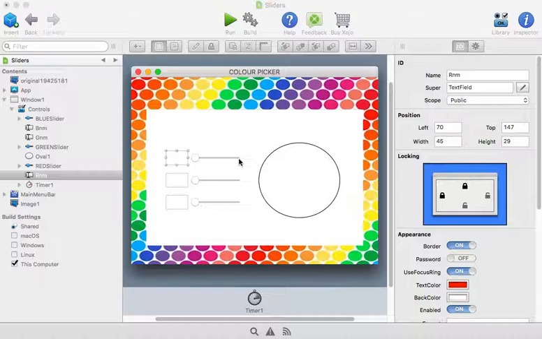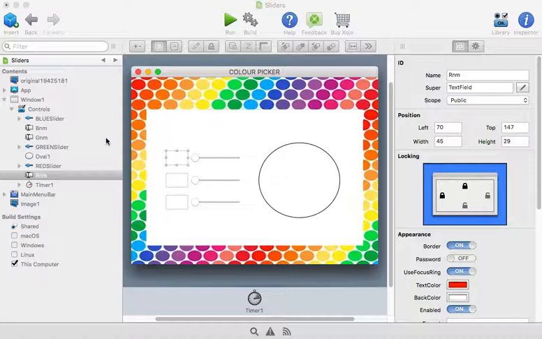In this example, we're going to create what I've called a color picker. And we are going to adjust 3 sliders. Those sliders are going to return a value between 0 and 255. And those are going to be the red, green, blue values for the color that fills this circle. So we're basically creating an RGB value set tool that allows us to determine the exact RGB value of any